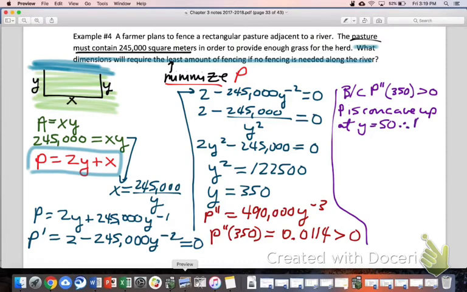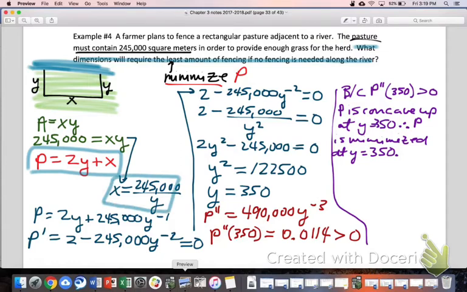Therefore, P is minimized at, sorry, at y equals 350. It did ask for the full dimensions. So if y is 350, we can then use this equation back here for x to tell us what the